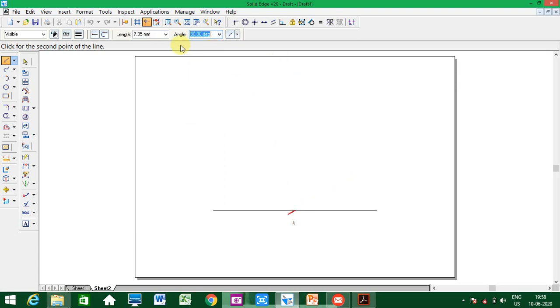30-degree angle, length 50 mm. Then from here I draw another line of 50 mm. And what is the angle? I want a 30-degree angle from this horizontal. This is 0 as per the software, and this is 90, so 30 from here means 150 from here. So I'll type 150. But when you do it manually, it is very easy. You can keep a protractor and just mark 30.